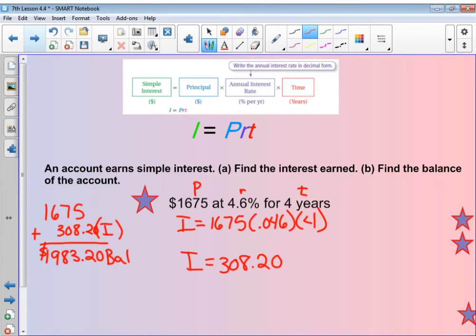Okay, so you should have ended up with an interest of $308.20 and with a balance of $1,983.20. So that's working through these equations, actually solving for just interest. Now, sometimes they're going to go through and give us